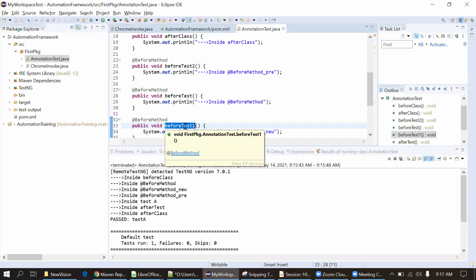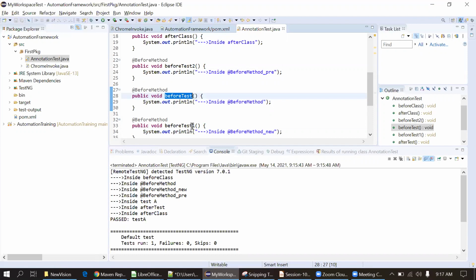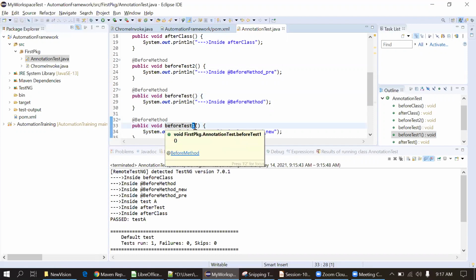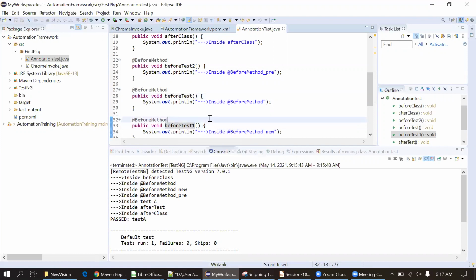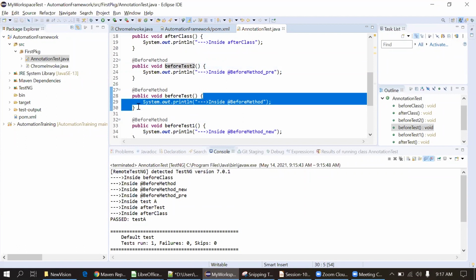In this case, it goes before test, then before test 1, because we have written 1. It's alphabetical kind of, or number in ascending order. And then before method 2. But we should not use this approach. Don't rely on the alphabetical order. Just write only one before method and after method, or only one before class and after class. You should use it only once, not twice.